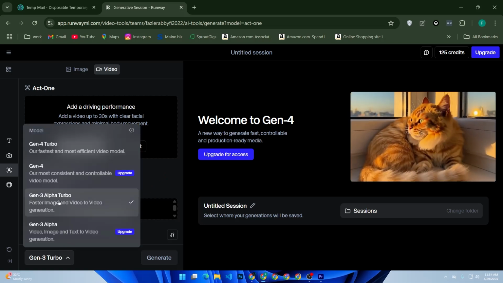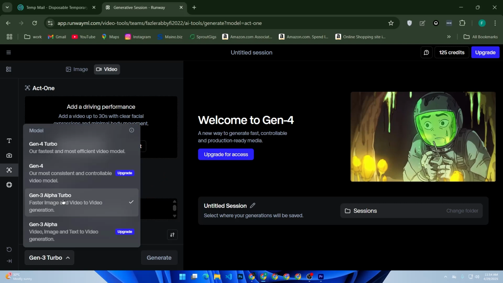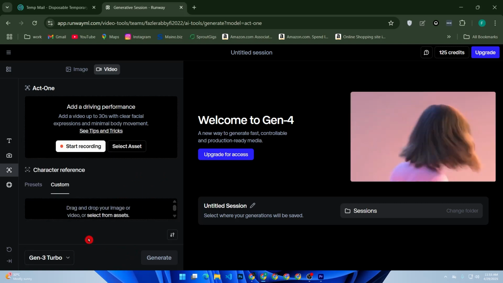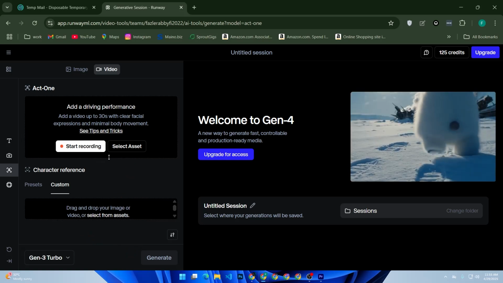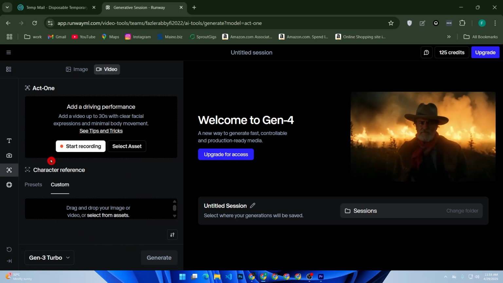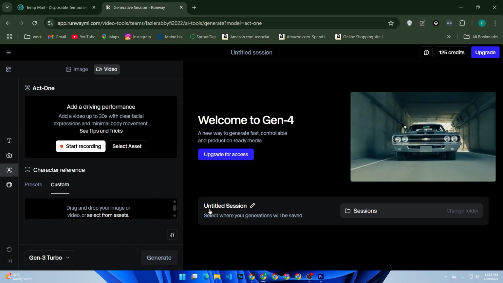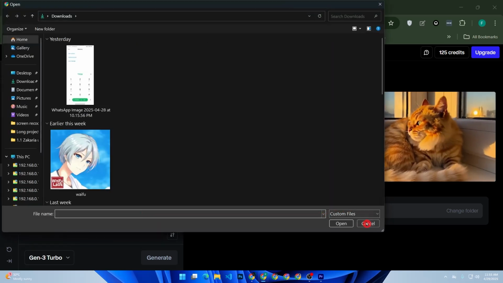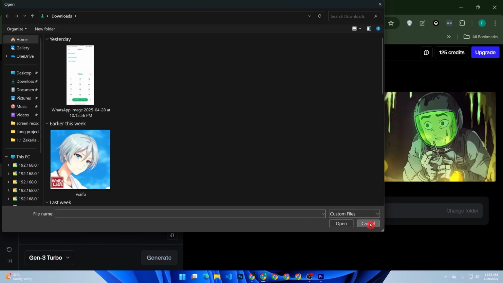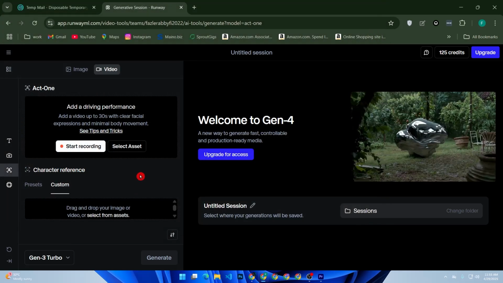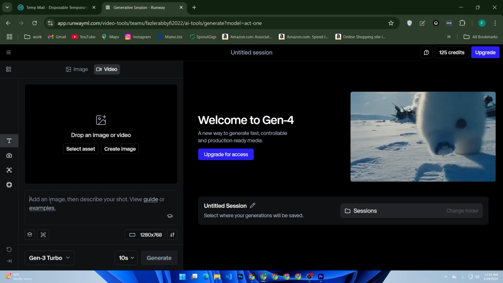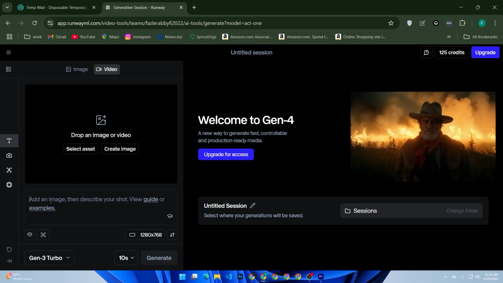Select Gen 3 Alpha. You can use an image or use a prompt. Write a prompt like this: